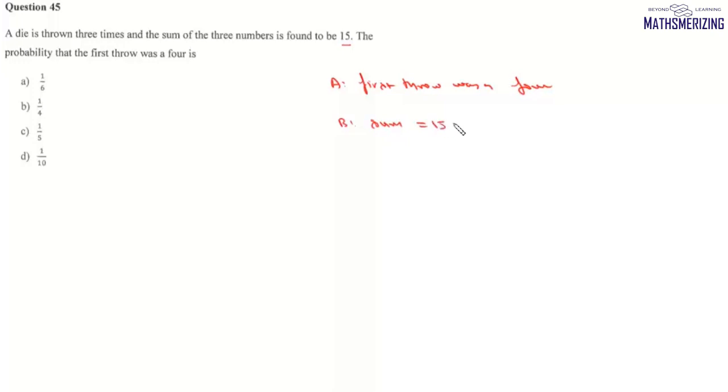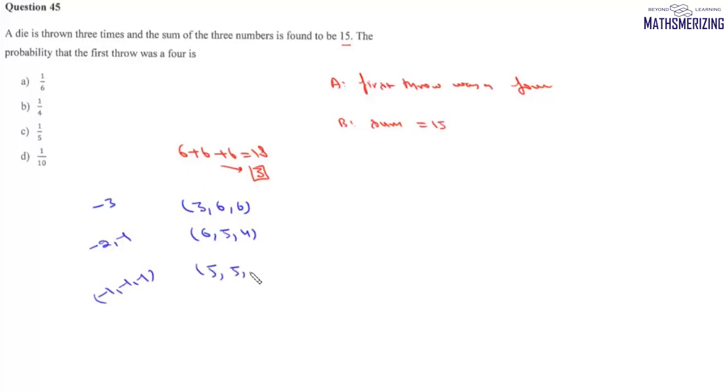Now first we look at how do we get this sum 15. Now we know that if we'll get all 6, then the sum will be 18. So in order to get 15, we need to remove 3. Now we need to find all the ways in which we can remove this 3 from the 3 given numbers. So either it could be 3, 6, 6, that is we have subtracted 3 itself, or we can remove 2 and 1. Then in that case it will be 6, 5 and 4, or we can remove 1, 1 and 1 from each of the number. Then it will be 5, 5 and 5.